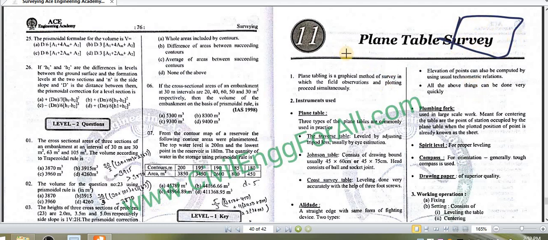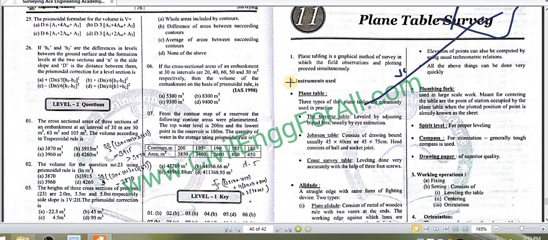So if you want to measure horizontal distance, we will keep the chain from the table to the required point and measure the horizontal distance between them. Suppose it is coming out to be 50 meter. Based on your scale, you will plot directly on that sheet. So you are doing site work, that is, horizontal distance measurement with the help of chain, as well as plotting that work on the sheet. Both works can be done simultaneously.